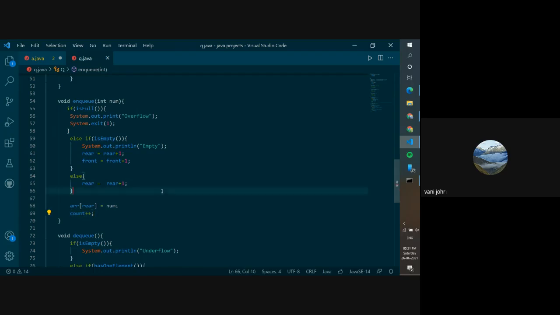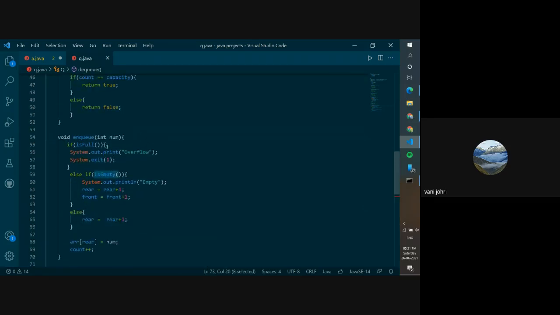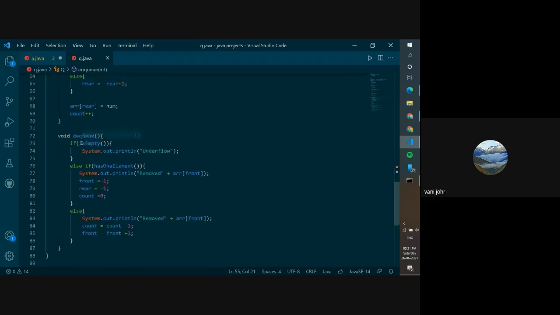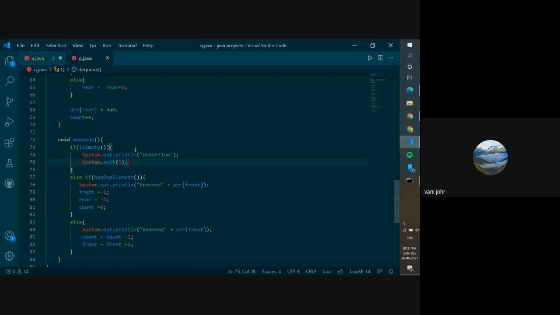Right. So now we will work on dequeue, which is deleting elements from the queue. All right. We do the same thing. We check is empty. Over here, what we check is full for entering elements. Here we check if it is empty, then the situation is underflow and you cannot delete. You should even have the system.exit over here, by the way. Yes. Underflow, you cannot delete an element from the queue. If there is no value present, if the queue is completely empty, how can you delete an element? You cannot do it, right?